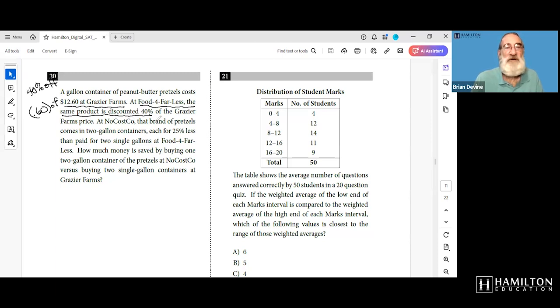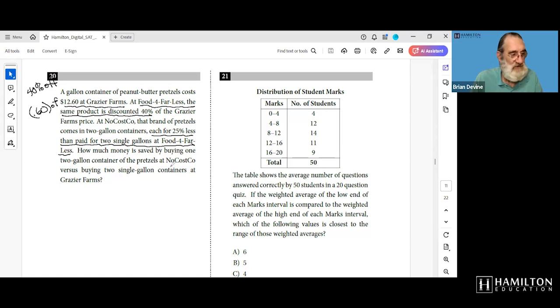And at No Costco, that same brand of pretzels comes in a 2-gallon container, each for 25% less than paid for 2 single gallons at Food for Far Less. How much money is saved by buying 1 2-gallon container of pretzels at No Costco versus buying 2 single-gallon containers